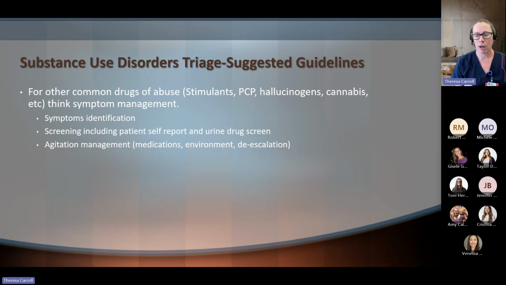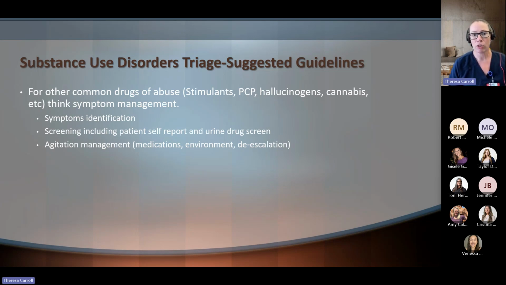So we want to look at identifying what we think might be a symptom of either an intoxication or withdrawal, continuing to do that screening. And a lot of it comes down to agitation management. So after we're done going through some of the substance use, we're going to talk a little bit about agitation management and what sort of tools, techniques, medications, things like that come up most frequently to help us